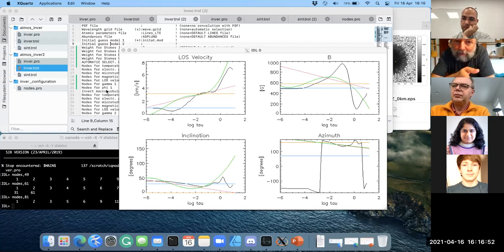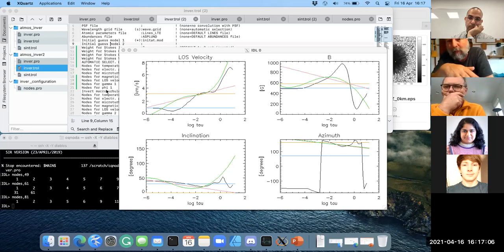But in fact, you don't have a big influence on the result. You can repeat your inversion, changing the boundary condition of the electron pressure, and you will see that there is not a really important